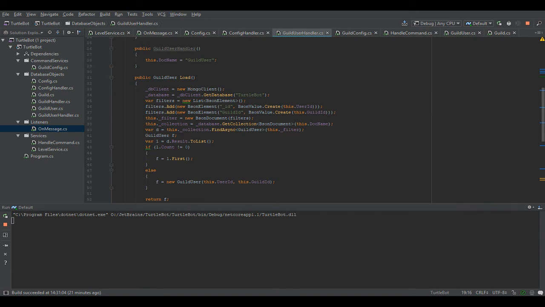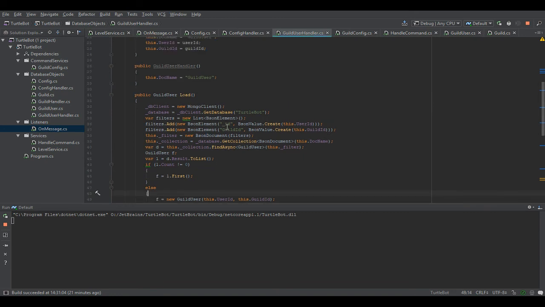Now it's setting both to the user ID. Both ID, guild ID and ID, are getting set to ID. Because if I copy my ID, it's 1816 something. If I delete this,